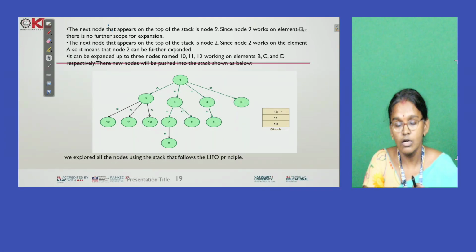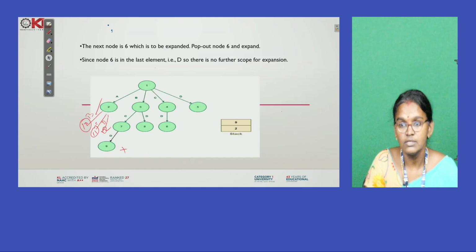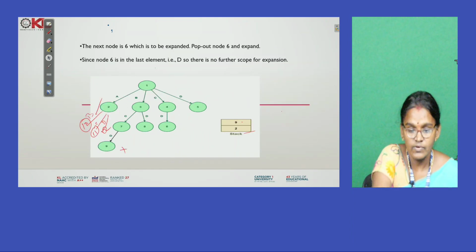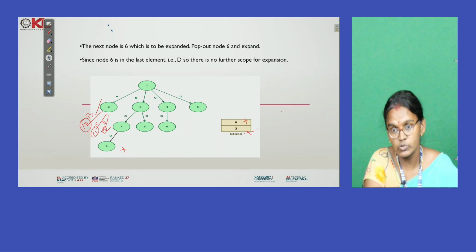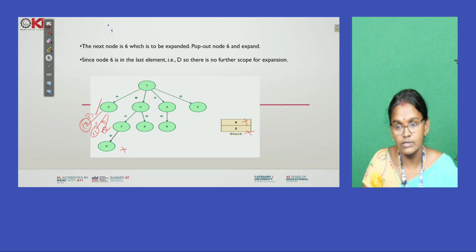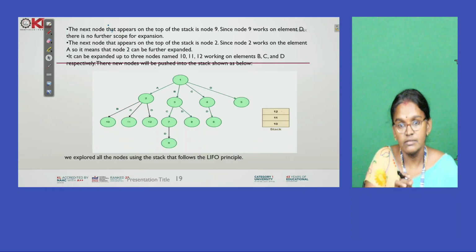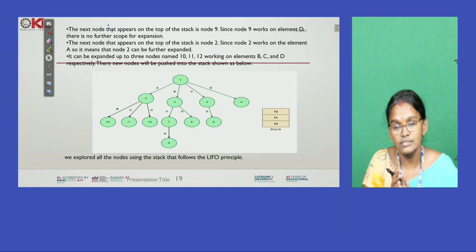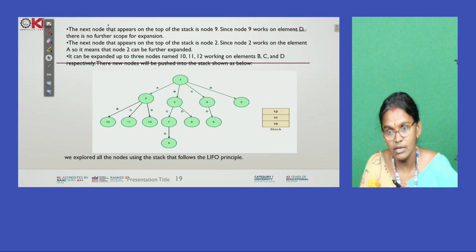Now automatically node 2 is removed, the 9 was removed first, and the extension for 2 is made. The top position, node number 2, is deleted, then 10, 11, 12 are inserted. The elements available in that stack are 10, 11, 12. These are the nodes available in the stack position.